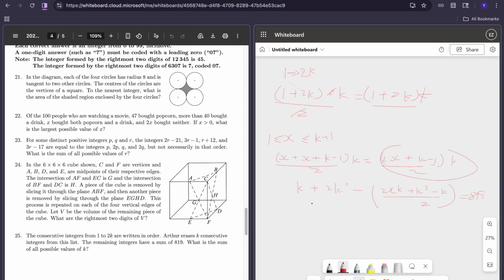So we times 2 on both sides and combine them, we get